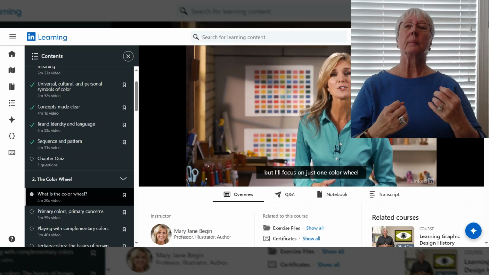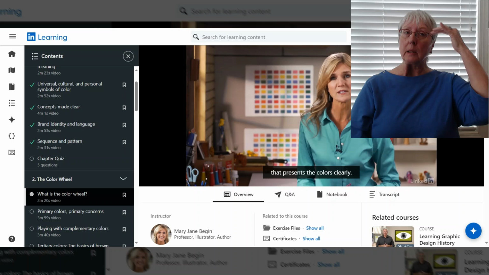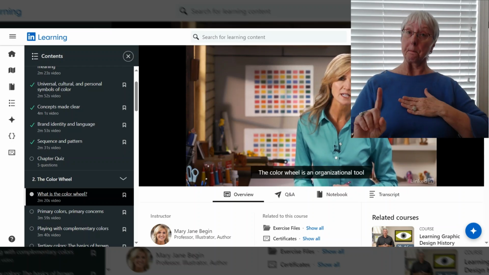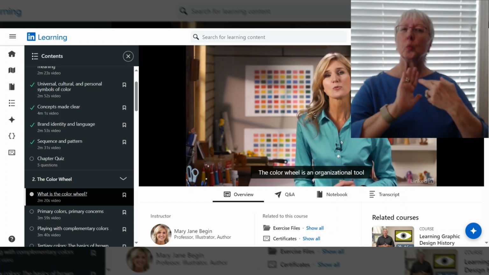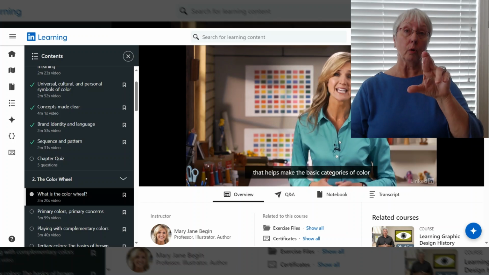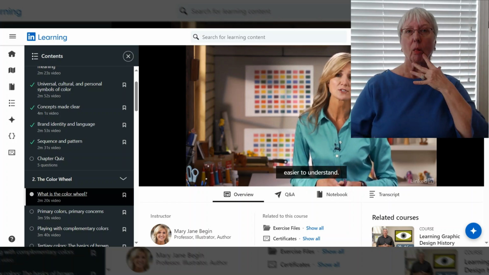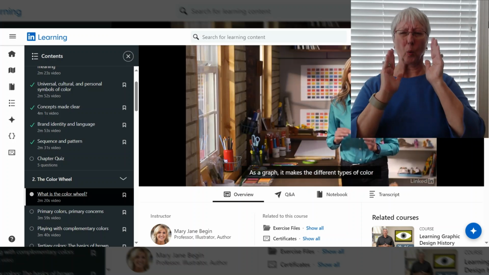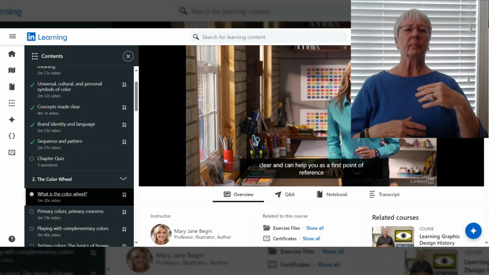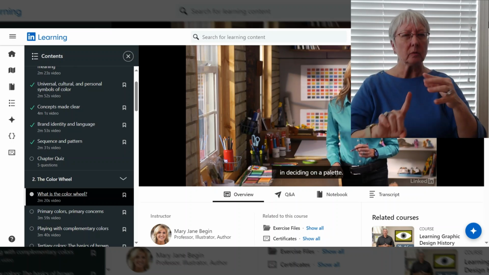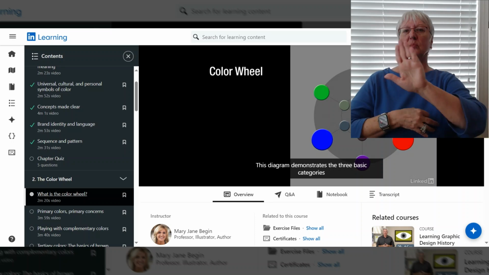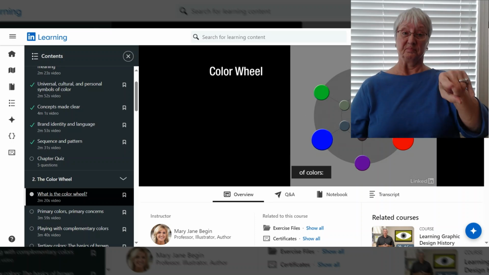But I'll focus on just one color wheel that presents the colors clearly. The color wheel is an organizational tool that helps make the basic categories of color easier to understand. As a graph, it makes the different types of color clear and can help you as a first point of reference in deciding on a palette. This diagram demonstrates the three basic categories of colors: